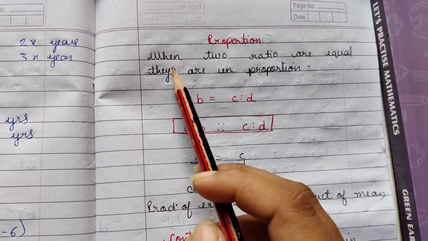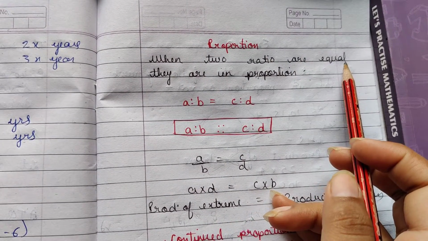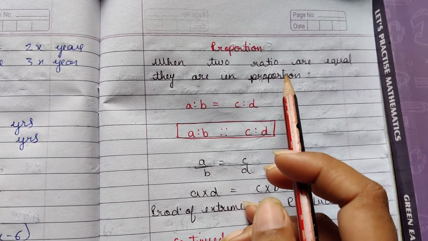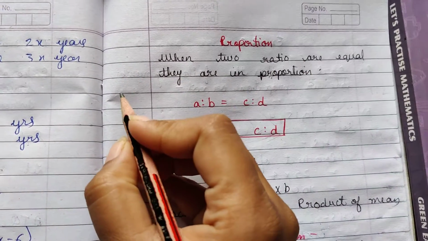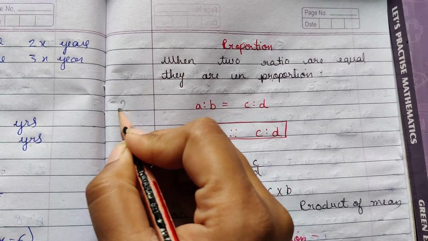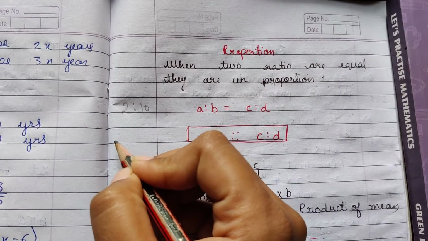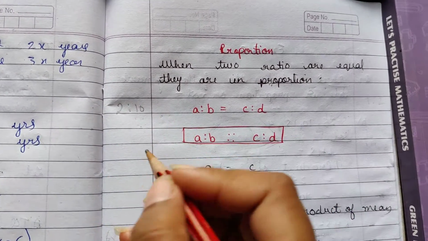So what is proportion? When two ratios are equal, they are said to be in proportion. Okay. What does this mean? Suppose we take an example of 2 is to 10. Okay. And another example as